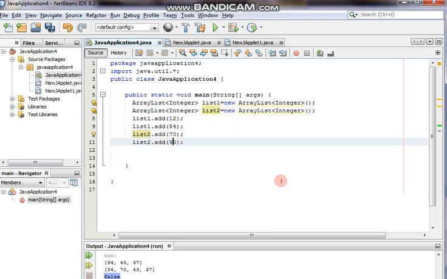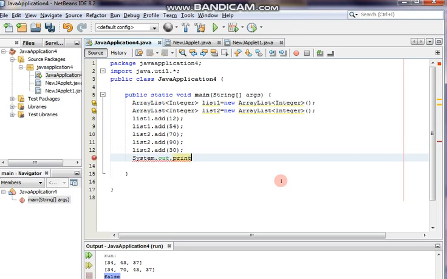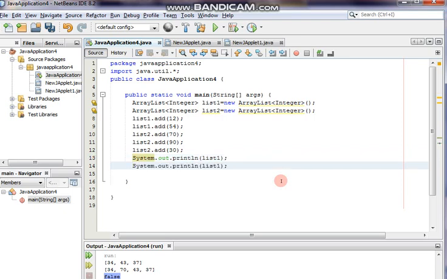Now check, there are 3 data I'm putting in list2. If you want to see who is containing what kind of data, we can print these 2. So compiling, first the result of list1 is coming, thereafter the data of list2 is coming.